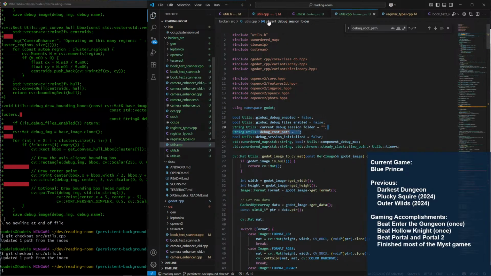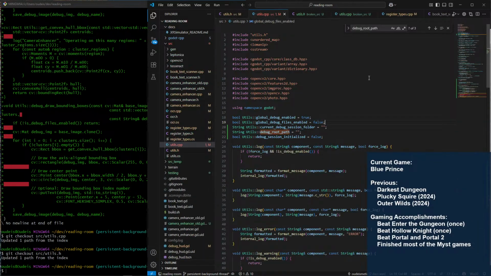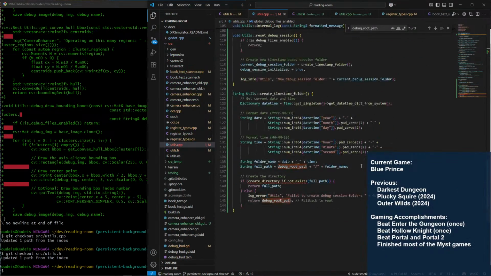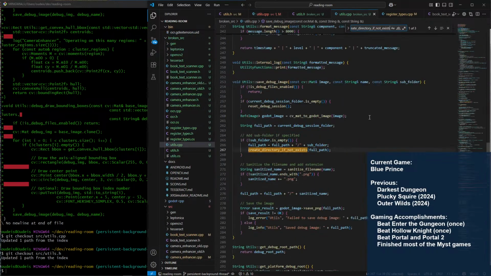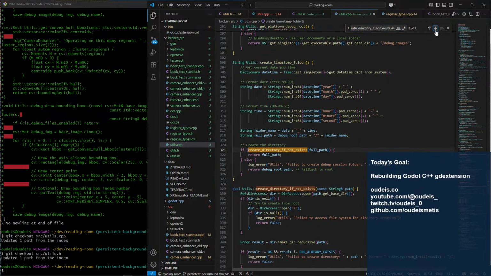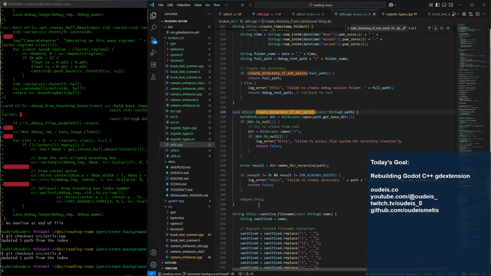So now we end up with those two. So that's defined now. Create directory if doesn't exist is not there. Here's our create directory if it doesn't exist.